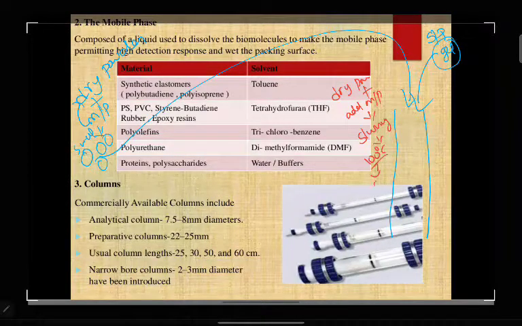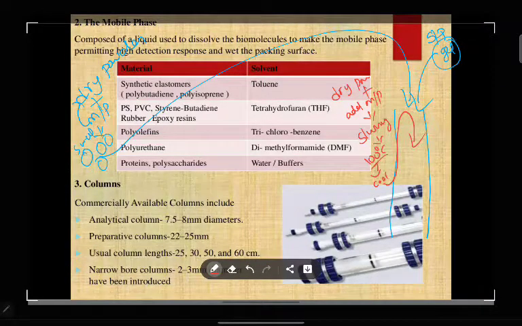Then you cool it. After cooling, you fill it inside the column. This is the second technique. Any one technique you can use for filling your column.